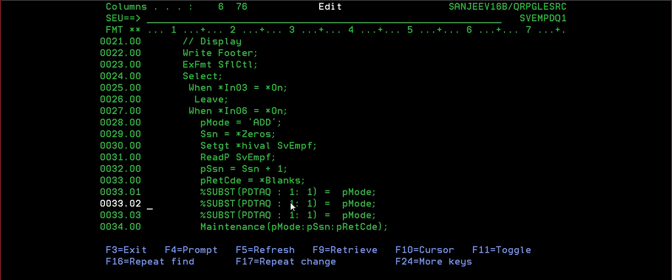Then 2 to 9 will be P SSN, and 10 to 10 will be the return code, right?